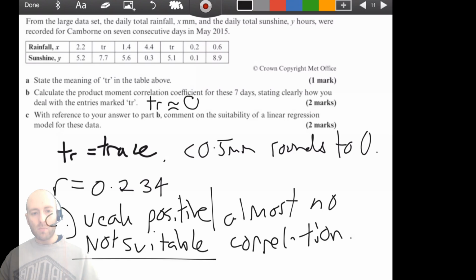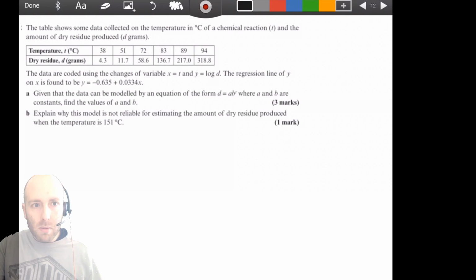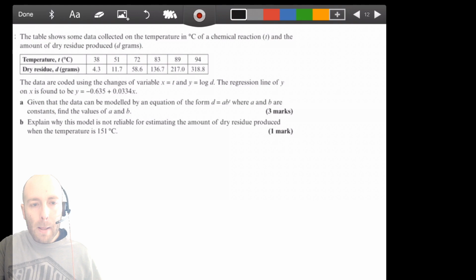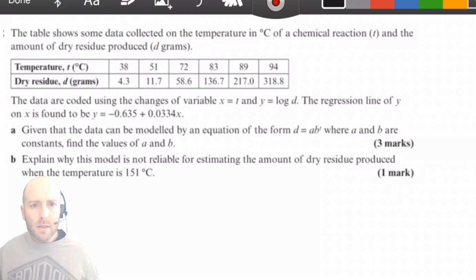Cool. Okay, let's try another one, providing the iPad stays alive. So the table shows a chemical reaction and the amount of dry residue produced in grams. I'll try and size this up a little. So the data is coded. So first of all, once you decode it, and then